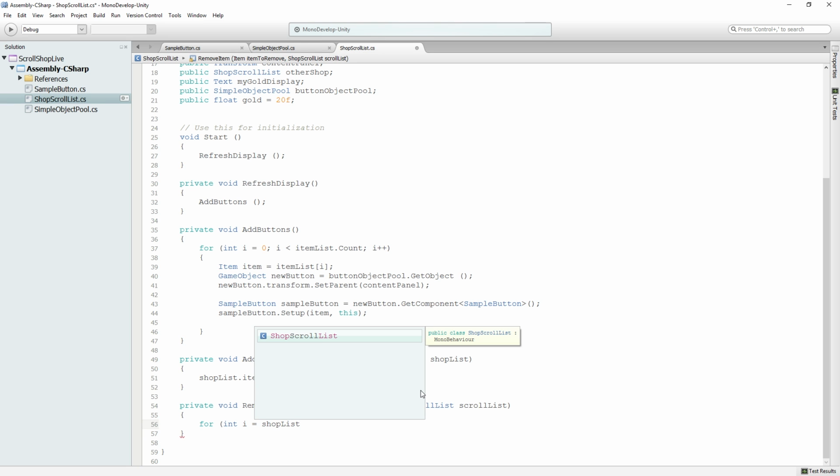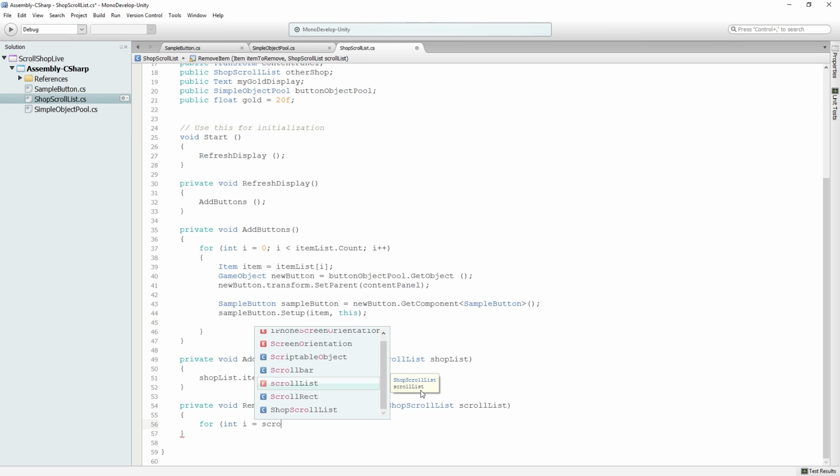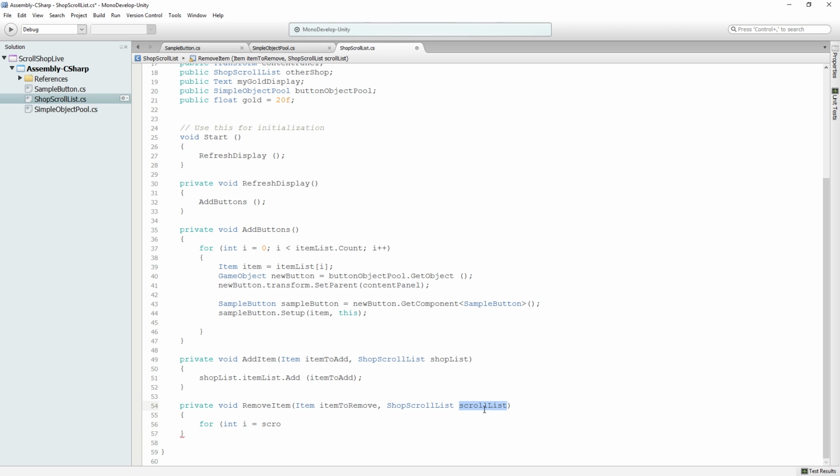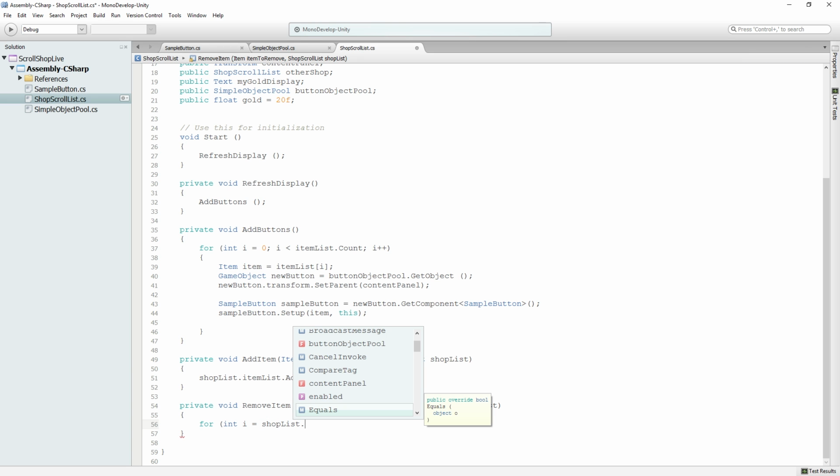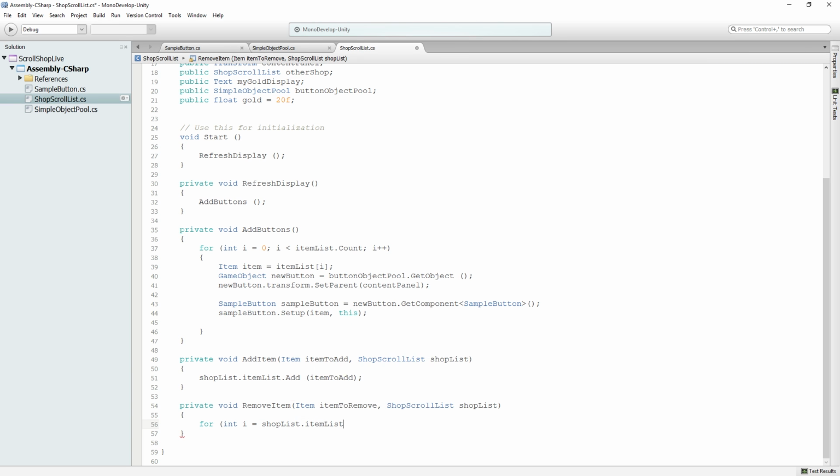And the reason that we're doing this, so we're going to say i equals scrollList. Let's make it shopList so I don't get confused. shopList.itemList.Count - 1; i is greater than or equal to 0;